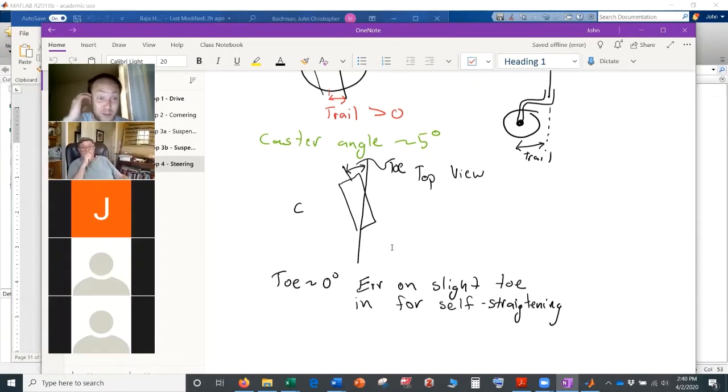I've heard some arguments for toe out in the rear. So keep in mind, you don't really have as much of a steering axis in the rear, because usually you don't let your tires rotate at all. So you don't really have caster in the rear, but you have toe in the rear and you have camber in the rear, right? And these can change through travel. So like Baja, for example, sometimes they try and get toe in travel,